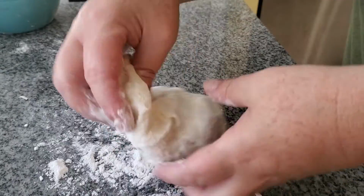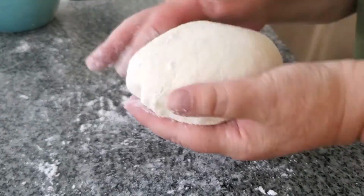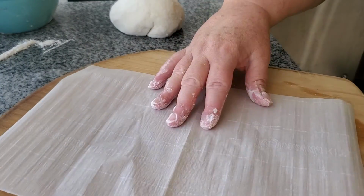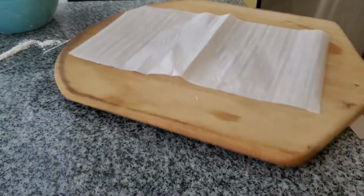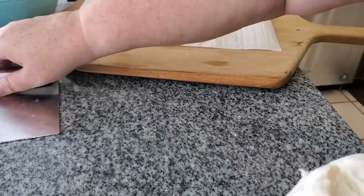And here, this is half the dough. So I prefer most of the time to make smaller loaves when it's just me, my husband, and my son eating. If I'm taking this to my mom and dad's for a family function, for instance, I will make one large loaf. So before we get it into the oven, we need to shape it and then let it proof